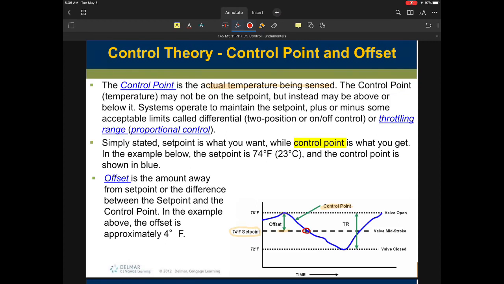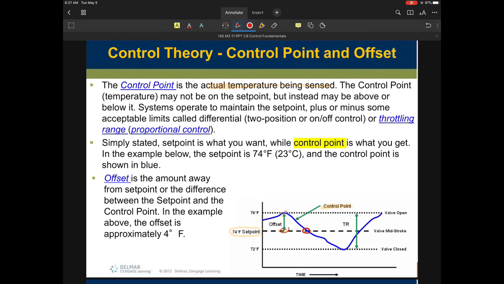In this spot right in the middle, I'm going to change to my pen here, and in this spot right there, you'll notice that our offset is 0 because our set point and our control point are equal to each other. But in this spot right here, our set point is 74,